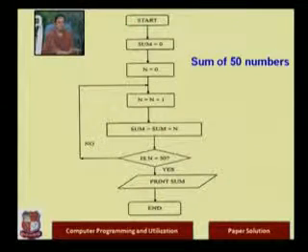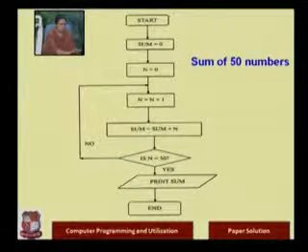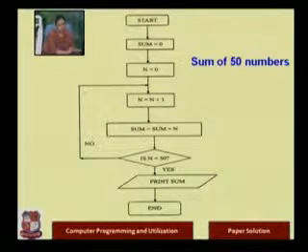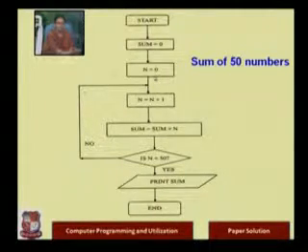Then, as they have asked for one example also, you can show this example. This is a flowchart which is doing summation of 50 numbers. Now as I told you, an algorithm is sequential steps. Similarly, a flowchart is going to depict that algorithm in pictorial form, right? So you have a starting point, then what you are doing, sum is equal to 0, then you are doing n is equal to 0. These are the steps that we are going to follow to come to the summation of 50 numbers, right?